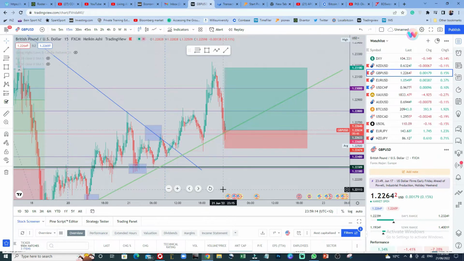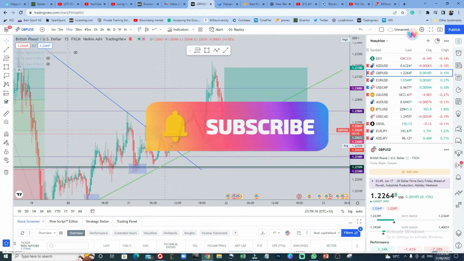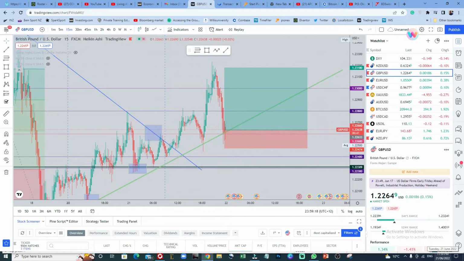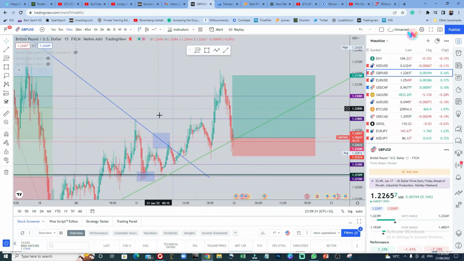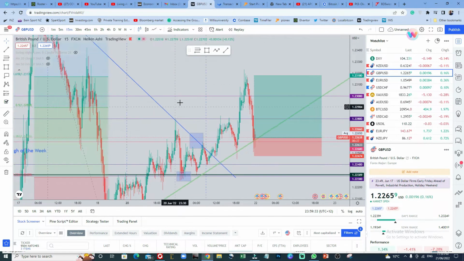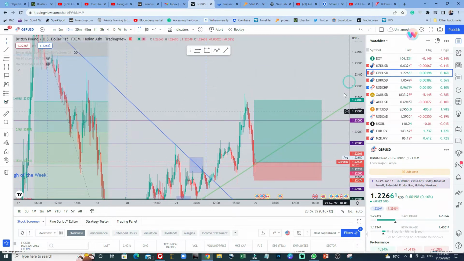This is Tuesday, 21st of June 2022, and New Zealand time 11:59, about moving into the Wednesday early morning. I'm taking a position now, GBP USD. The reason why I took this position was that if you look at this position properly,